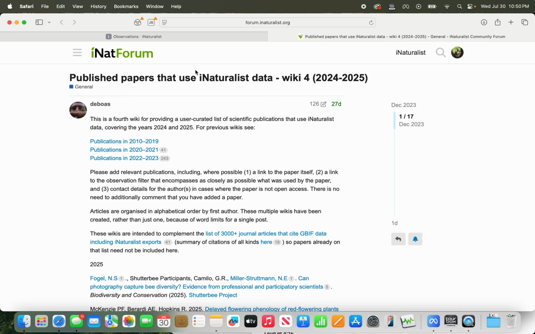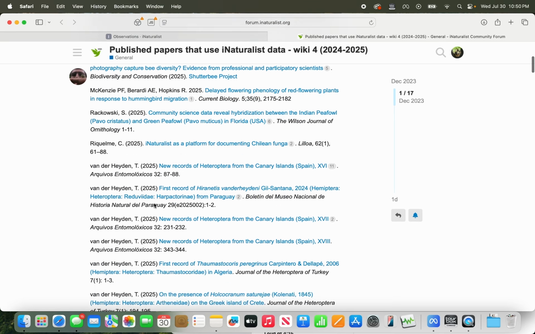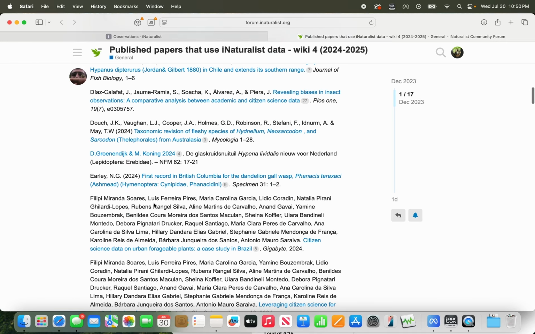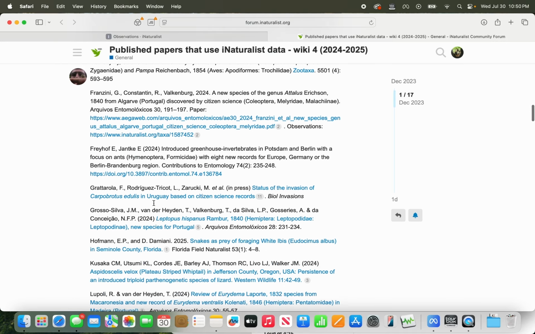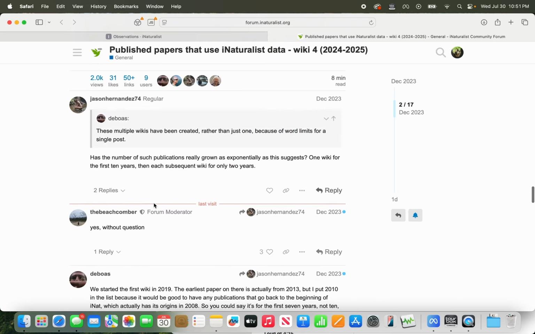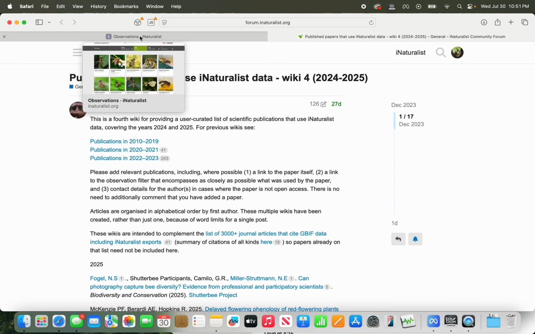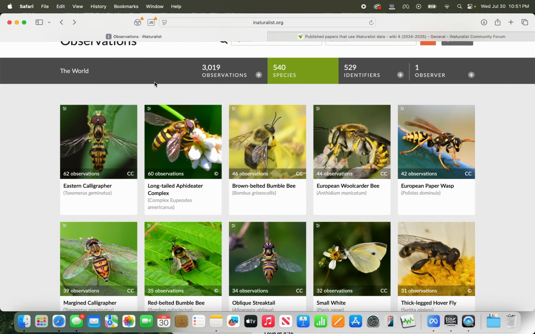There's a wiki in the forum part of iNaturalist that goes back to 2010 that tries to document scientific publications that use iNaturalist data, and as you can see, it just goes on and on and on. And that is just absolutely thrilling and gratifying to know that one's hobby, a pastime, just casual